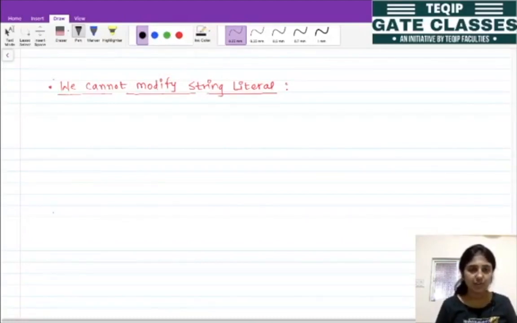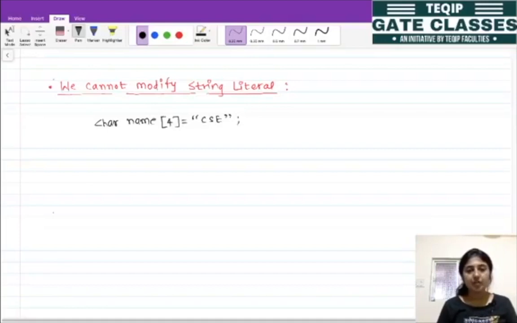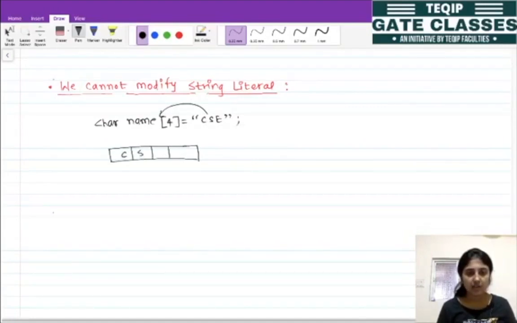So whenever we are declaring any character array like this, so let's say 4, and here we are passing one string literal. ठीक है, so this is our string literal and we are passing this string literal into one character array. तो बैकग्राउंड में सो इंटरनली ये कैसे सेव हो रहा है, सो इंटरनली द कंपाइलर विल क्रिएट द 4 ब्लॉक्स एंड यहाँ पे CSE एंड एंडेड बाय दिस नल कैरेक्टर, राइट. सो दिस इज द एक्चुअल रिप्रेजेंटेशन फॉर दिस ब्लॉक एंड दिस नेम इज गोइंग टू होल्ड द बेस एड्रेस. ठीक है, यहाँ तक सबको पता है.